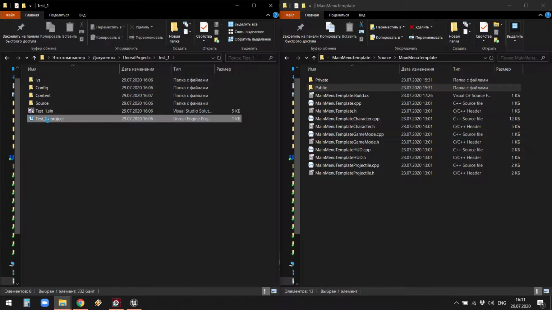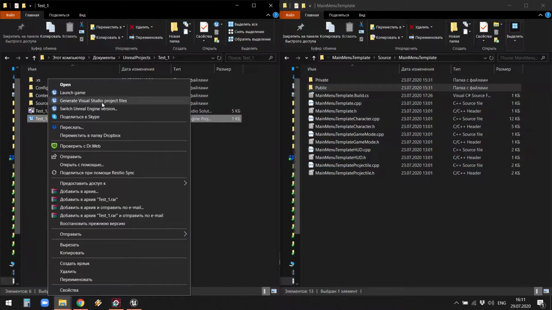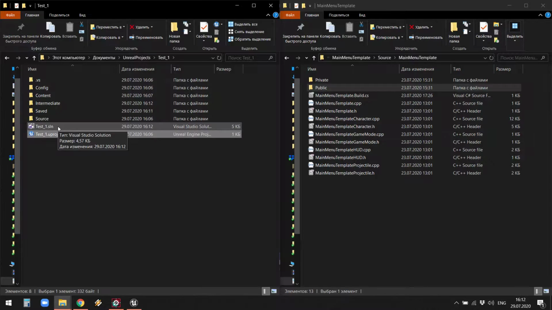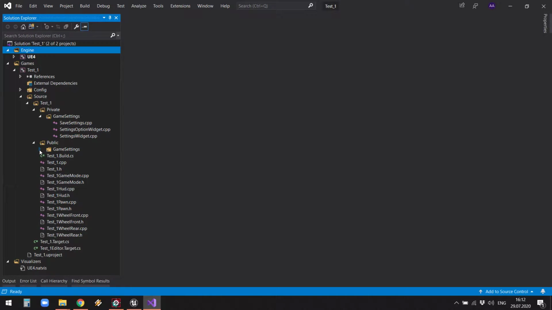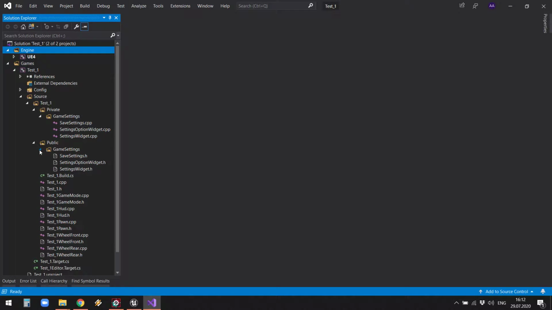Generate new Visual Studio project files, because the Visual Studio project doesn't know about the new C++ files in our source. Open the Visual Studio project file. So we can see our new files here in our project, but we need to do some stuff to make